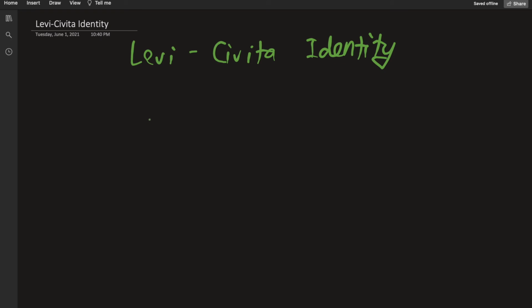The way this works is if you have two Levi-Civita symbols, say epsilon ijk, epsilon mnk, and the key thing is the last index should be the same for both those Levi-Civitas, then you can write this as this expression: Kronecker delta, take the first index of the first Levi-Civita and the first index of the second, im, times, do the same for the second indices, jn,